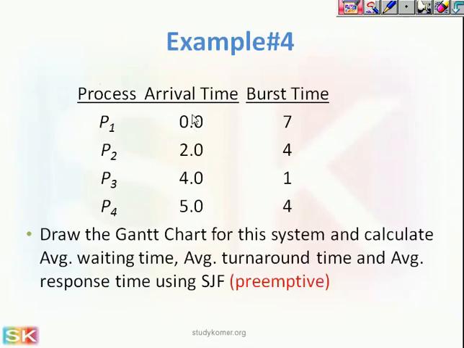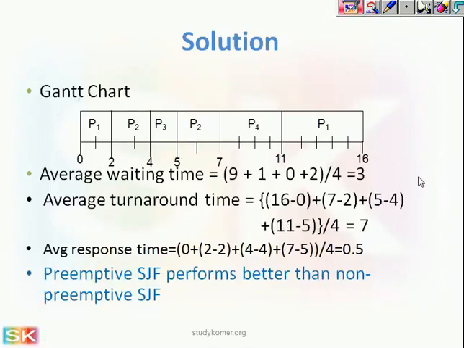Then P1 has burst time 5 remaining, P4 has burst time 4 remaining. So out of P1 and P4, P4 has less burst time, that is 4. So P4 will be executed and then at the end P1 will be executed, right? So you can say this is how these processes will be scheduled on the CPU. This shows the timeline diagram of the CPU, at what time which process will be executing in the CPU, right? So average waiting time is equal to the waiting time of P1, that is